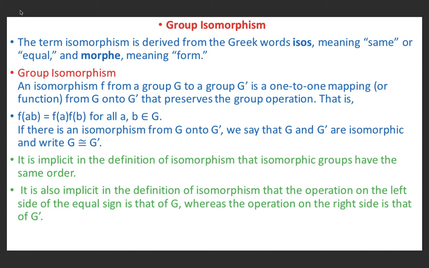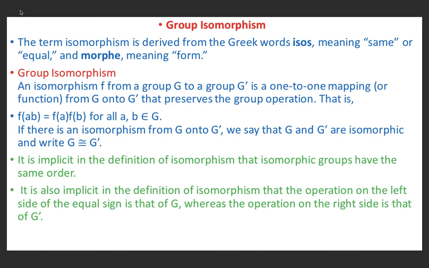Here U(43) is nothing but the set of positive integers less than 43 and relatively prime to 43. Similarly, U(49) is the set of integers less than 49 and relatively prime to 49. So today we study a formal method of determining whether two groups defined in different terms are really the same. When this is the case, we say that there is an isomorphism between the two groups.